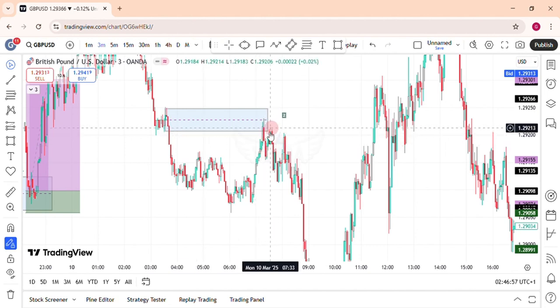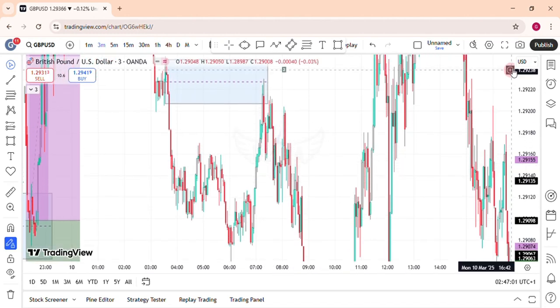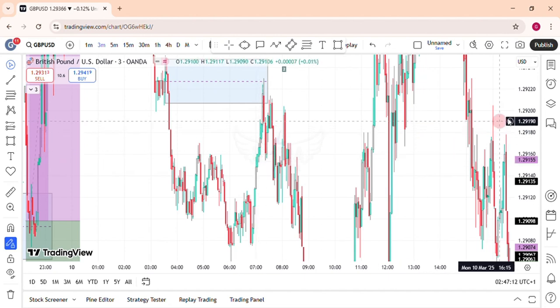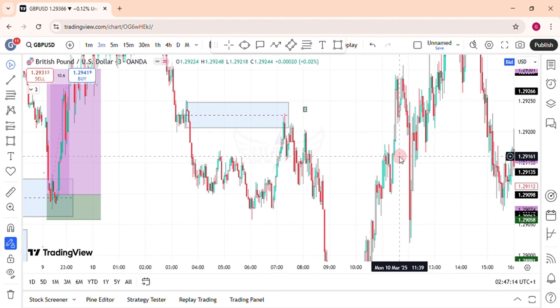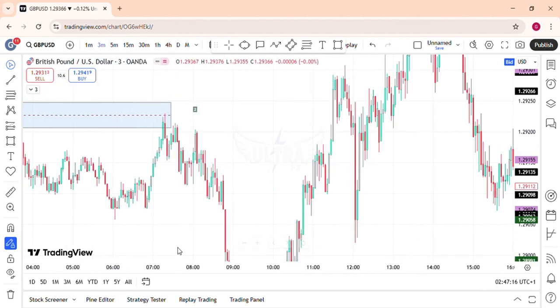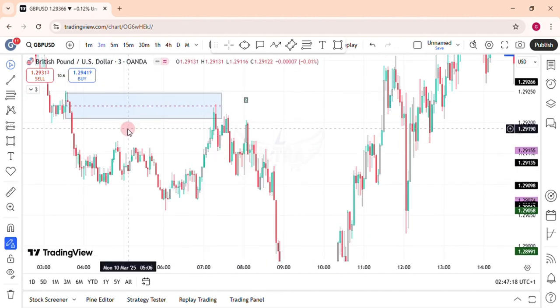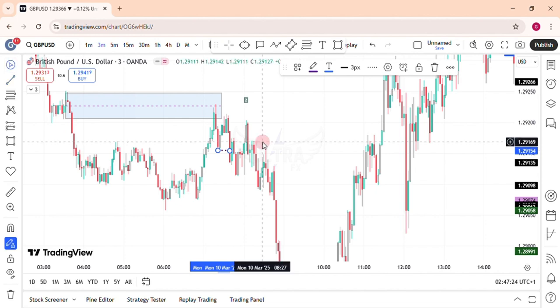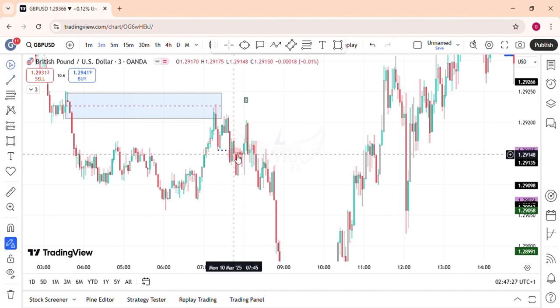Now there's no break of market structure here, but I guess there was a fair value gap here, but there was no break of market structure. As you can see, market did not cross or pass any low here, but we can still wait. As we wait, we can see a break of market structure right here. Price broke below this low and also closed below it.